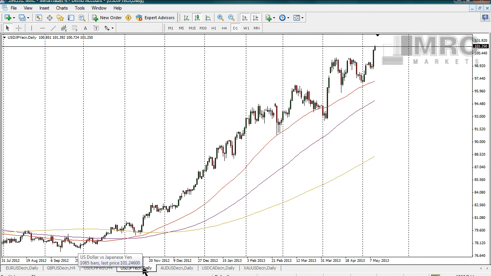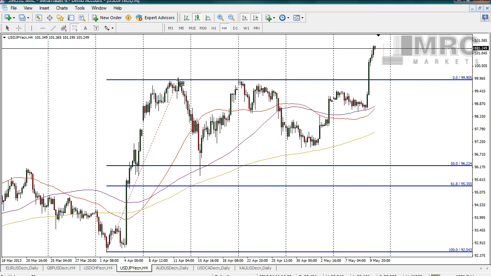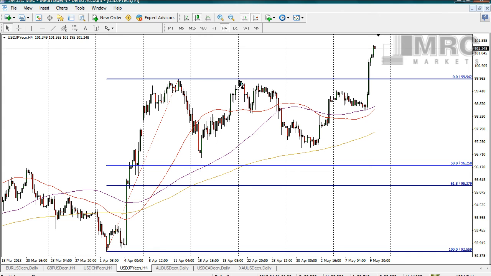Dollar yen has been very, very boring of recent. We spoke about this on the 4 hour or the daily. This fib here from the lows to the highs, that 50% got bought up and it rotated towards 0%. It didn't break above, so for me that fib was still technically in play. It was just chopping in between this 50% and 0% line, just sort of floating in no man's land. But we've now got a break above,